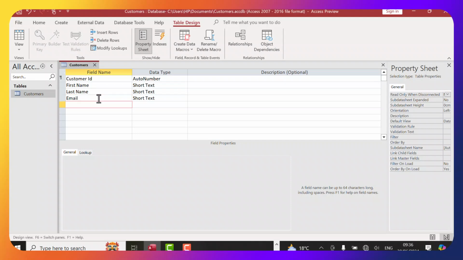Next one, let's have phone, which is the phone number. Next one, let's have address. Next one, let's have city. I'm clicking the page down, or the icon which shows you to go to the cell below instead of just using mouse. The next one, let's have subscribed,